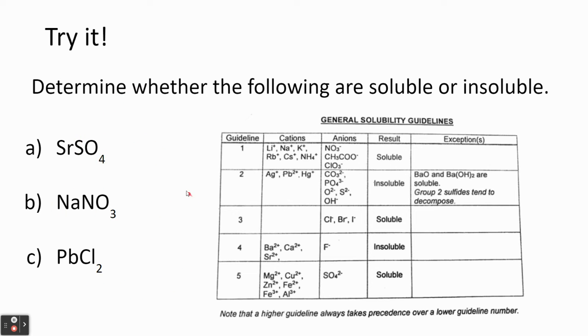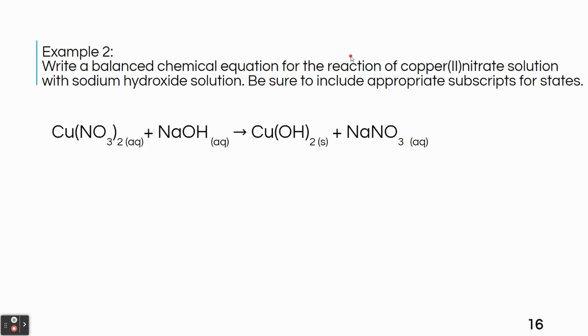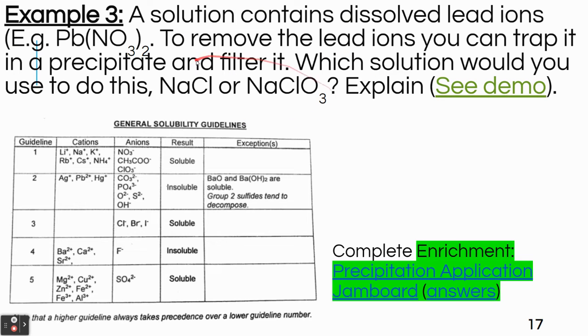And a few more here. So the more the merrier. Make sure you get enough practice to make sure you understand how to represent these if they're solid or insoluble. And once you have enough practice figuring out if substances are soluble or insoluble, then you can go back and try to write balanced chemical equations for precipitation reactions. And so I'll walk you through that once we go to the handout. And then we'll also take a look at a bit more of a thinking question that involves these